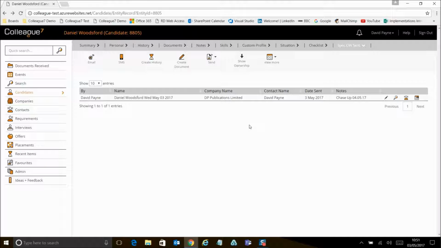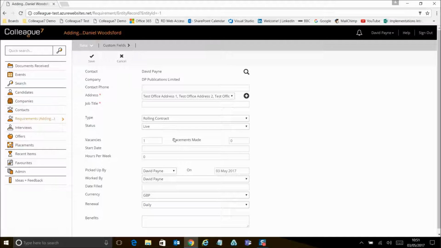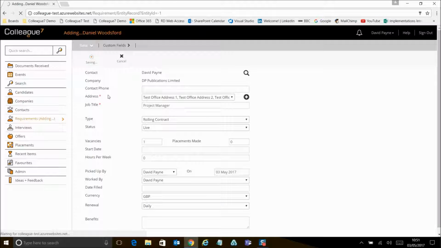So in the event of the contact returning to us saying that they like the candidate and they have a position in mind for them, at this point now you can run this process to create the requirement. So I'll click here, and obviously it's defaulted the contact details and the company details there. We'll just enter in the role that the contact has in mind, hit save,